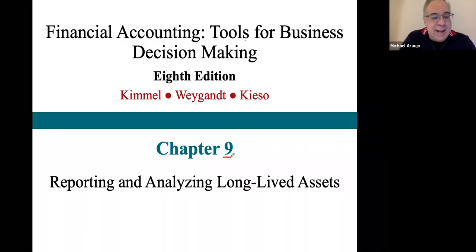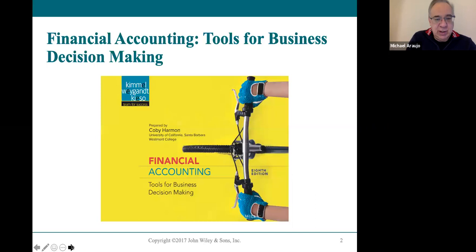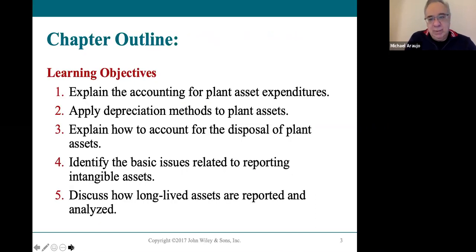All right, welcome to Chapter 9. This is reporting and analyzing long-lived assets. So we're actually on the bottom part of the balance sheet for the assets, property, plant, and equipment, and intangible assets. So the first thing you're going to be learning real quickly is exactly how do the numbers get calculated